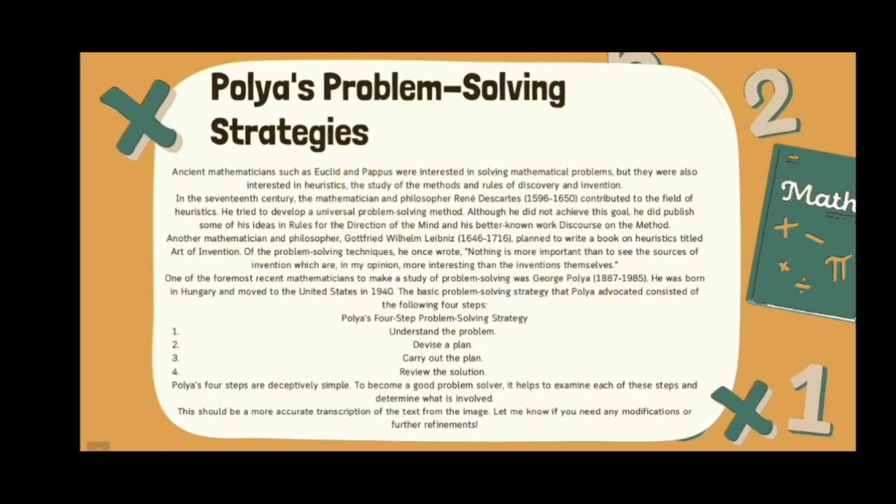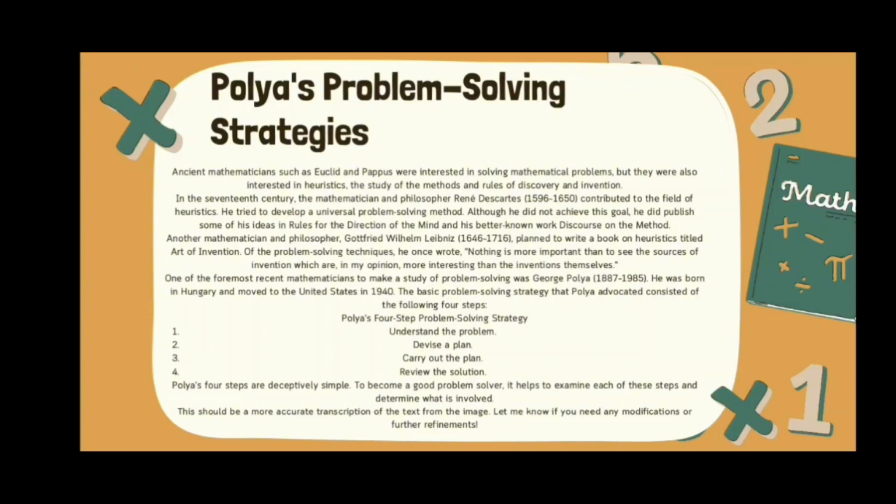Polya's problem-solving strategies. The text explains that ancient mathematicians were interested not just in solving problems, but also in understanding the methods behind discovery. Over time, different philosophers and mathematicians explored ways to develop universal problem-solving techniques. One of the most influential figures in this area was George Polya, who developed a simple yet effective four-step strategy for solving problems. The basic problem-solving strategy that Polya advocated consisted of the following four steps: